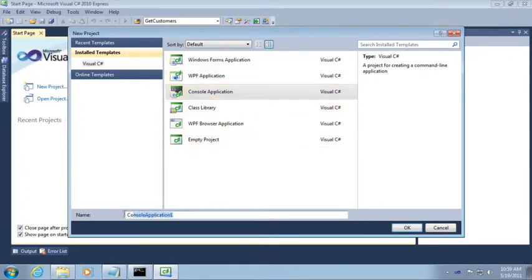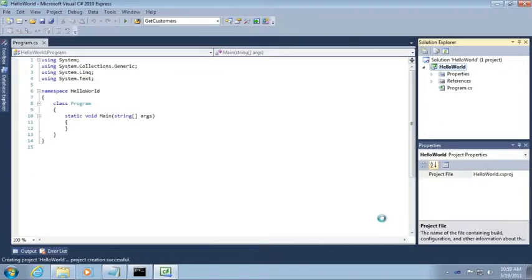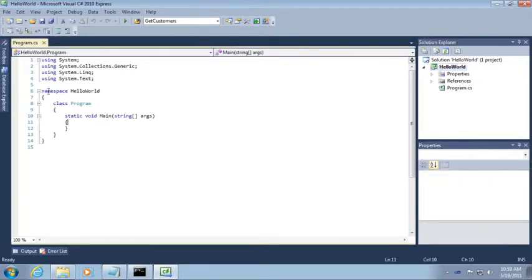Okay, and then I'm going to type in the words Hello World, and then click the OK button. And after a moment or so, you can see a project is set up with some source code in the middle. Looks a little bit like Notepad, but we have different colors and things of that nature,